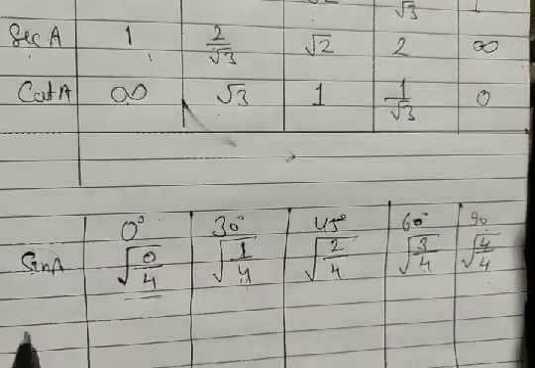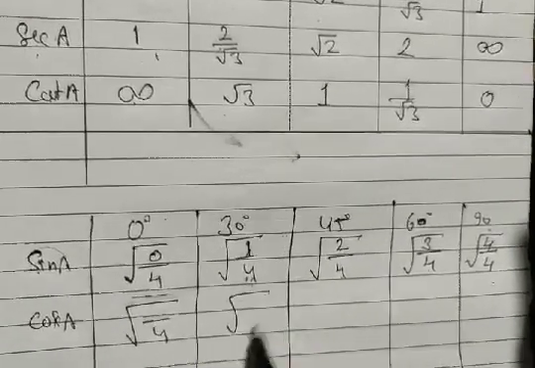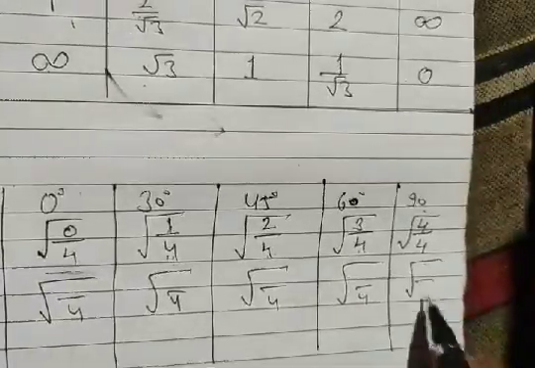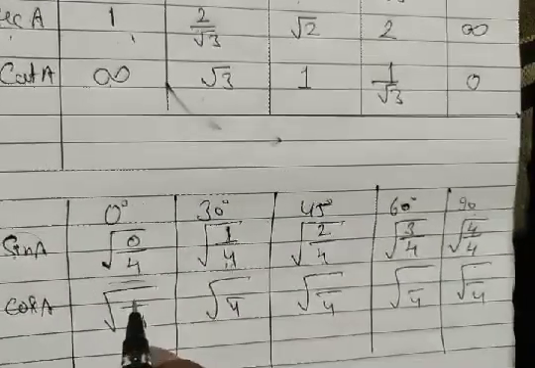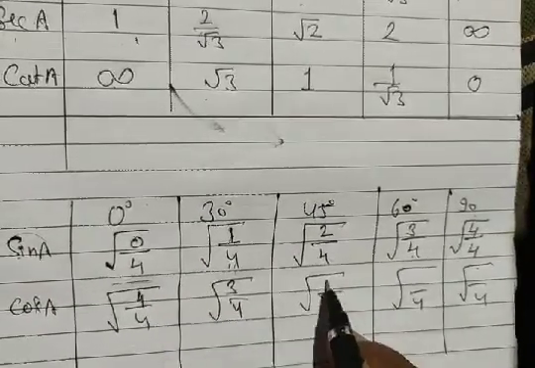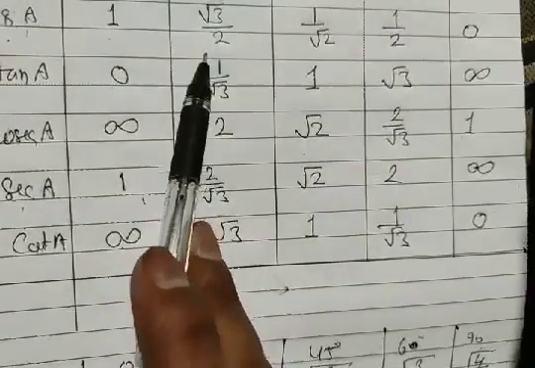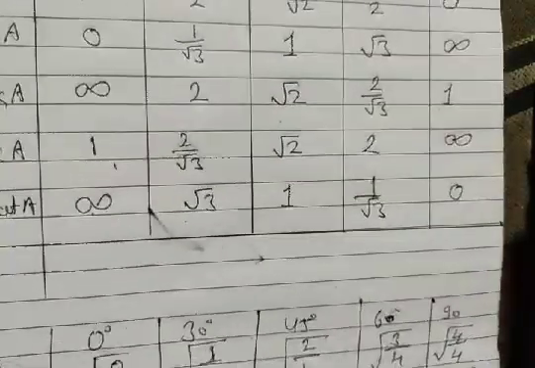And similarly you can find cos A. To write cos A, what do we have to do? Again write root, start with root 4 in the denominator. There is some difference. For sine we started with 0, 1, 2, 3, 4. Here we start with 4, then write 3, then 2, then 1 and 0. Again 4 by 4, 1, we get 1 here. It's root 3 by 2, we get root 3 by 2 here. It's 1 by root 2, we get 1 by root 2 here. And it's 1 by 2, we get 1 by 2 here. Again from here we get 0.